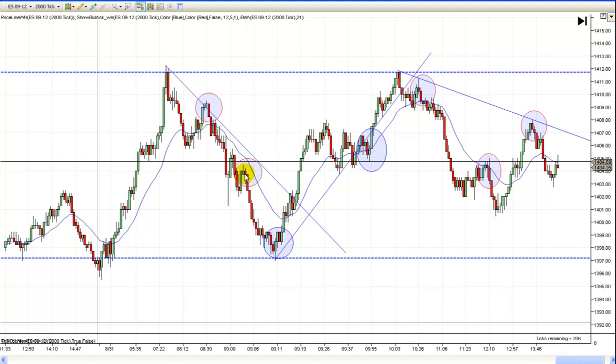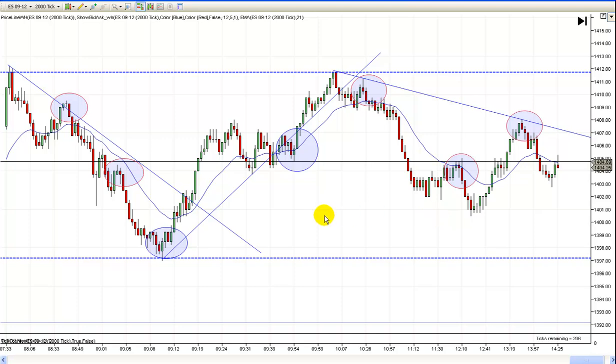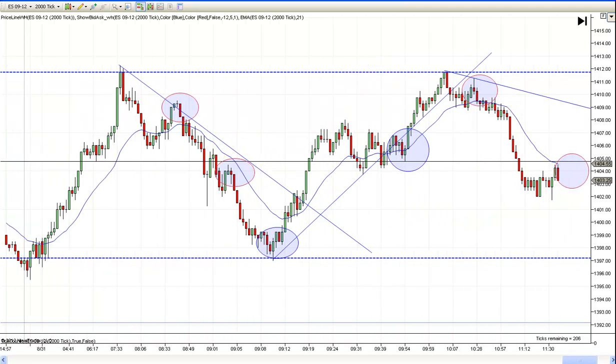Then you had another second entry short right here. This one was probably a little more difficult to see, but it's still a two-legged correction. It's still a second entry short. Here's your new low, your pullback, your first entry, your pullback, your second entry. So it's a nice second entry short. Prices didn't really get back to the trend line or even the EMA, but